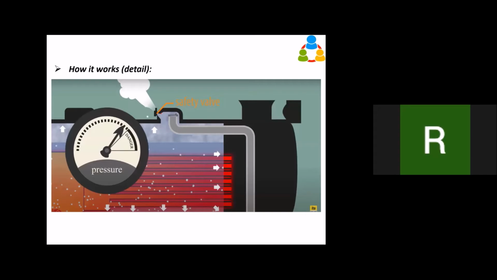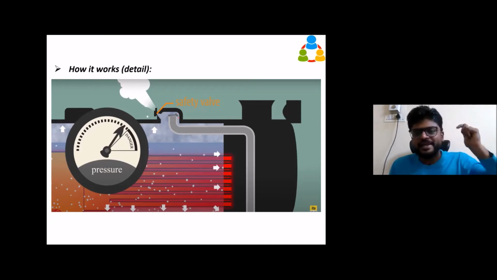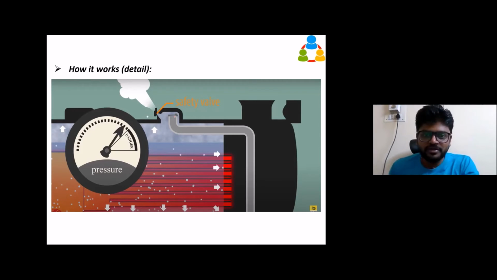So you can see here, when the pressure reaches the danger level, this will open and the high pressure steam will come out of this. So here is the main pipe, as I told earlier. Here you can see the regulator valve. This will be controlled with this rod and linkages. It will go to the driver cabin and he will control that. By opening this regulator valve, we will control the quantity or amount of steam. High pressure steam goes into this main pipe.